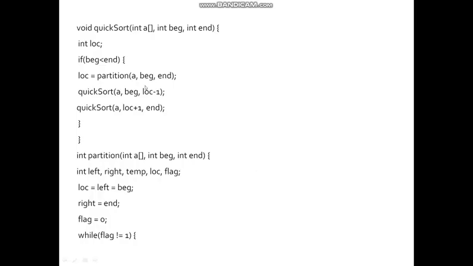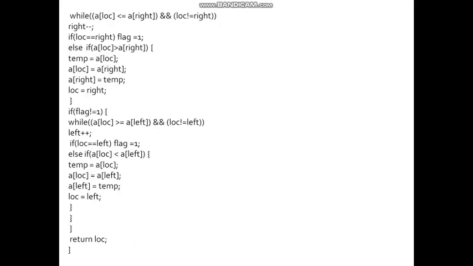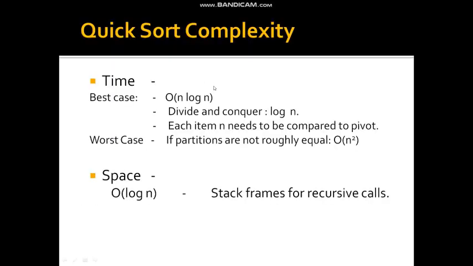So this is the code for quick sort, in which we partition the array into different sublists and then perform the quick sort. This is the whole code for the quick sort algorithm, and the time and space complexity for quick sort is